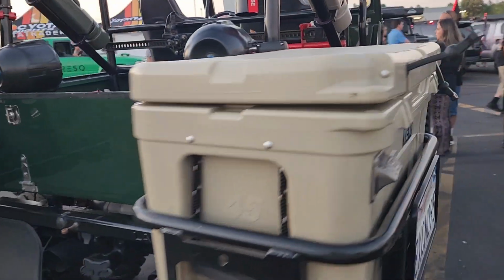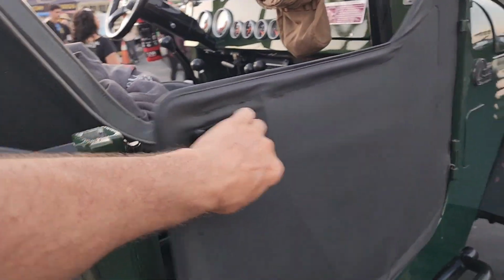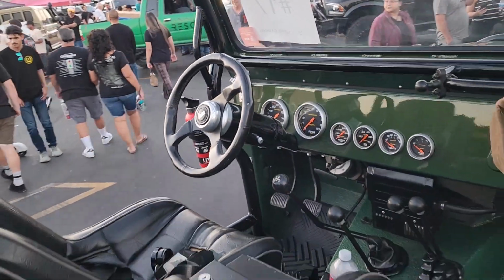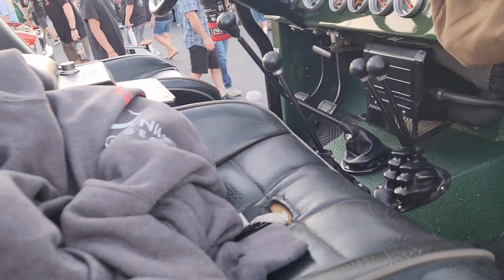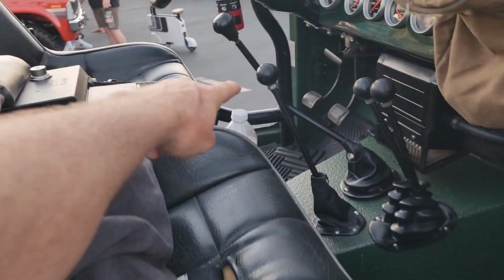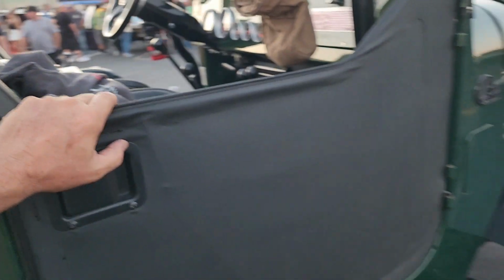So that's a custom color on this. It's called Goodwood Green. It's an Audi color. I got one of my half doors just to show that. Those 4 sticks are the gear selector, of course, gear shift, high, low, 2-wheel, 4-wheel, and this one right here is my rear diff manual cable. All right, so